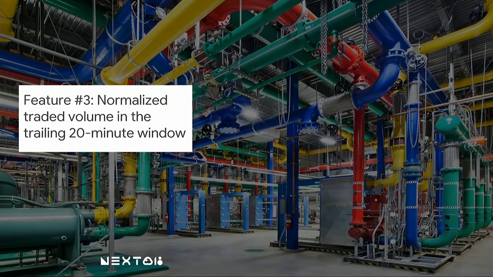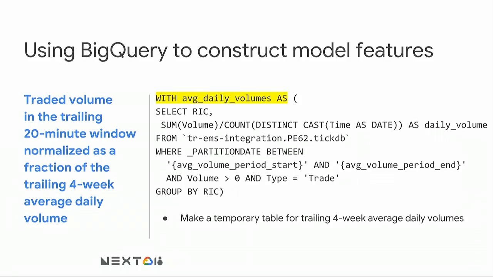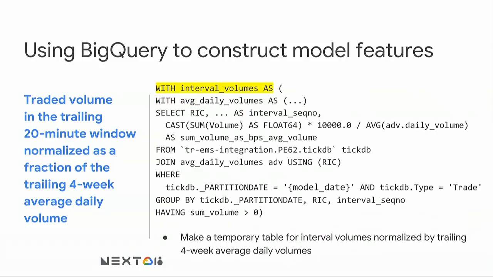OK, feature number 3, normalized traded volume. So there are 3 steps here, as I mentioned before. We compute each stock's average daily volume for the last 4 weeks. We compute interval volumes and normalize them by ADV. And then for each interval, we compute the sum of normalized volumes for those 10-second intervals in the preceding 20-minute window. And similarly as before, we use a temporary table to store average daily volumes. Then we use this temporary table from another query